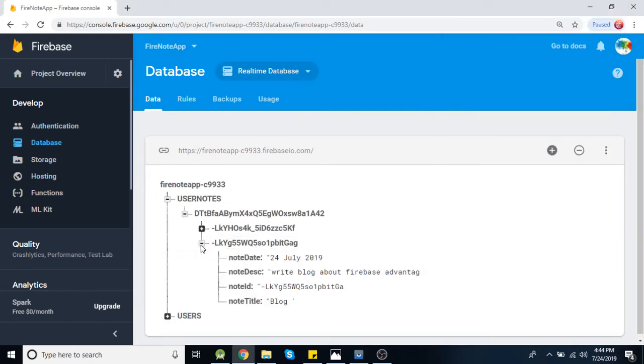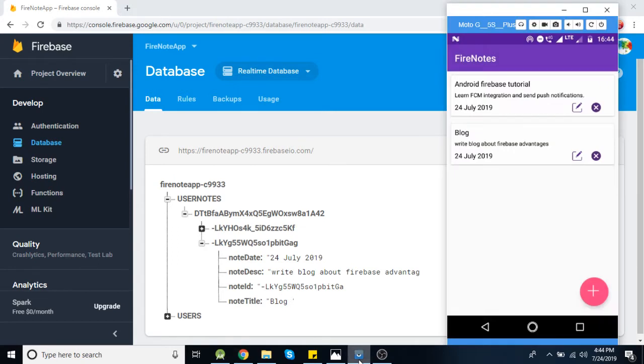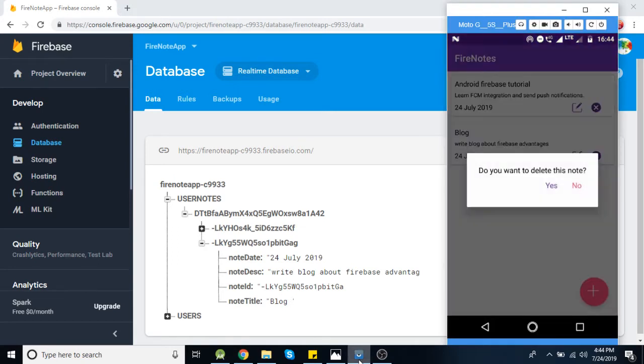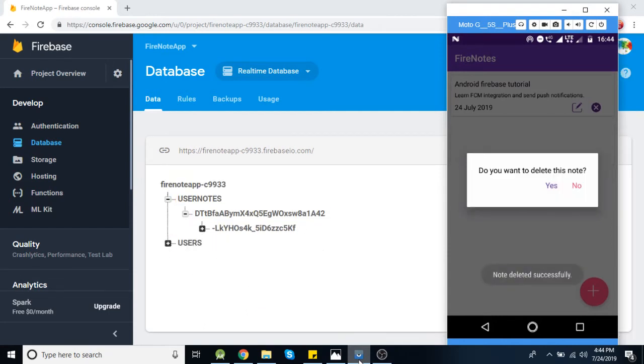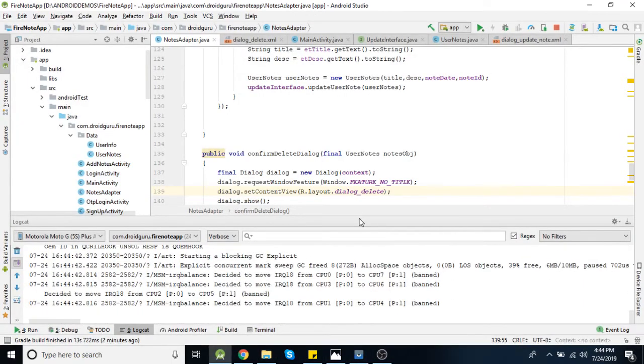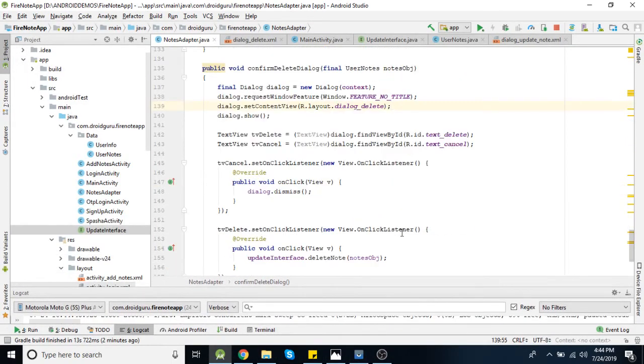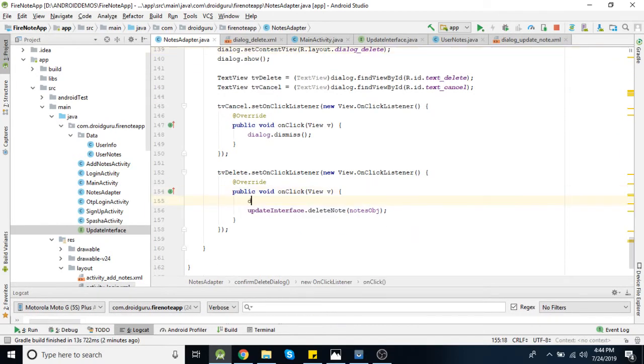And if you want to delete that note, okay, that node was deleted. We didn't dismiss that dialog, so first we need to dismiss it here. That's why it's appearing again.